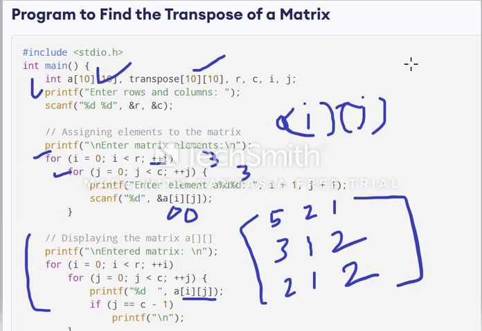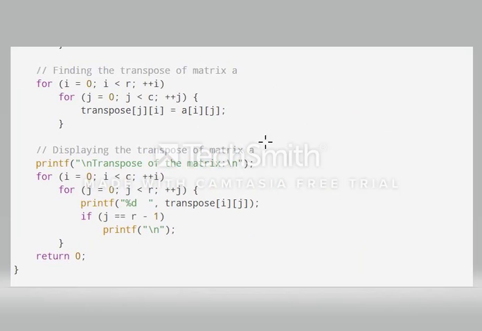So I am implementing the same logic here. Let's see that logic. Here this is the logic for the transpose of a matrix. Here I am assigning the a of i j value to the transpose of j i, because I am putting rows into columns and columns into rows. Just a simple logic. What we do in the mathematical expression, we do the same here. If you remember, i is the row and j is the column, and I am putting the same here in the transpose, storing the values of matrix a like j i.